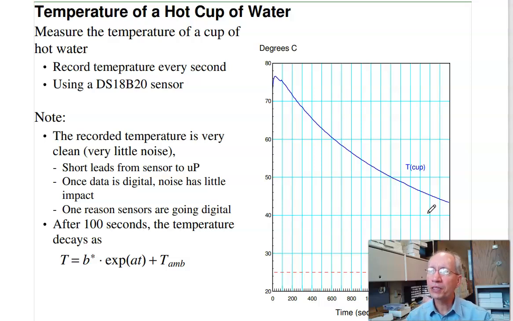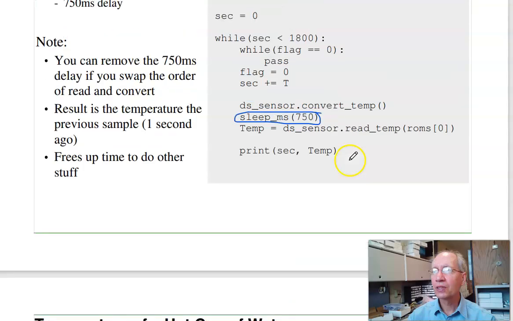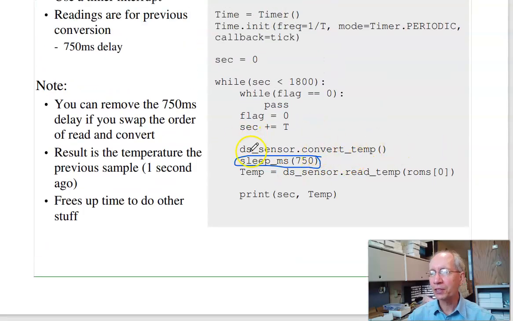So a couple things to notice. The data here is actually really, really clean. The reason for that is partly because the leads from the sensor to the microprocessor are very, very short. Once it's converted to a digital signal, as long as they can read the digital signal, I no longer have the noise problems. So I get much, much cleaner data. It's actually a lot easier to use. I just have to start the conversion, then read it. Once you have the driver routines,